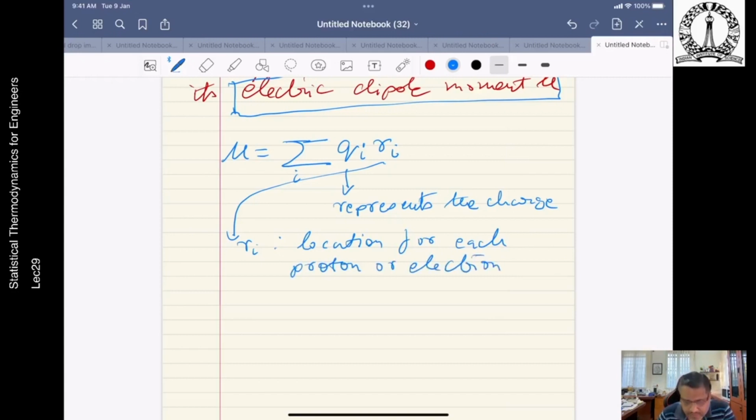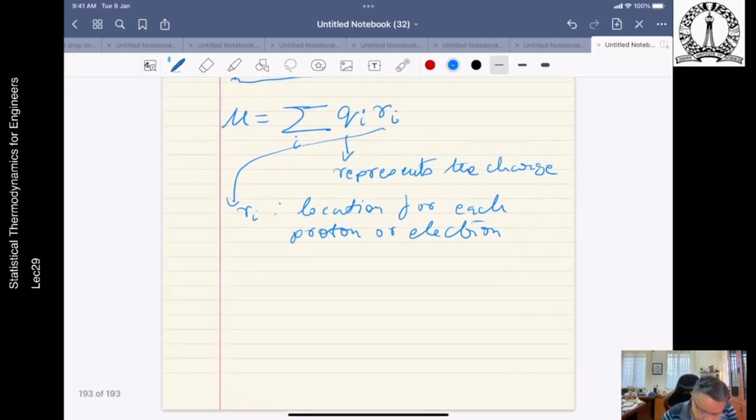So it is basically the charge and the location that is being summed over all charges and all locations, right? So if you assume a uniform electric field E,